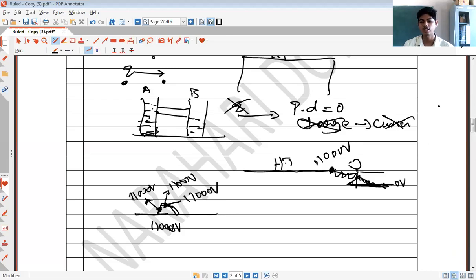You are not in contact with the ground. See, namige there should be no path or there should be no potential difference between 2 points. If there is no potential difference between two points and you hold a high tension wire, nothing happens. But don't try to do that. There may be some technical issues as well, right? If there is no potential difference between 2 points, current doesn't flow between those 2 points. That's it.